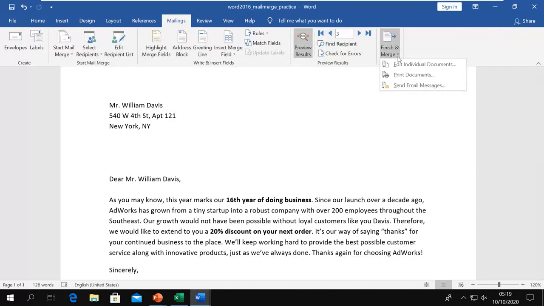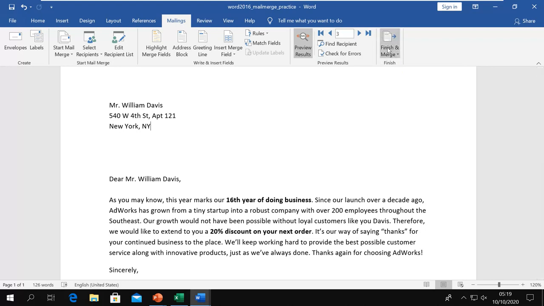So if you go here, you have the option to print the document, just like the sixth step, or you can even edit the letters individually one by one, or even use this command, which is not part of the process, Send Email Messages. That means instead of printing these letters, we can send them to email addresses.